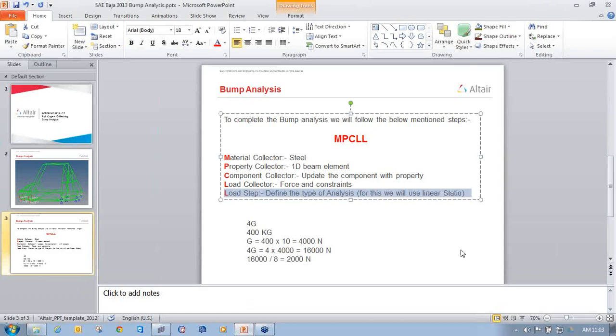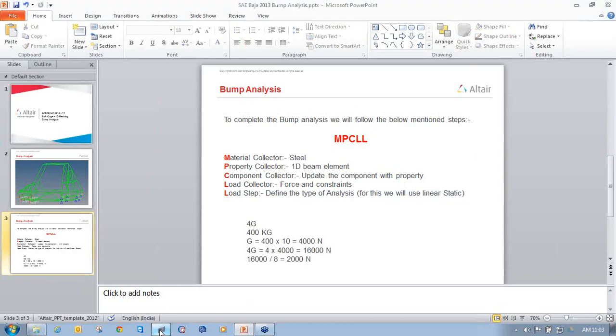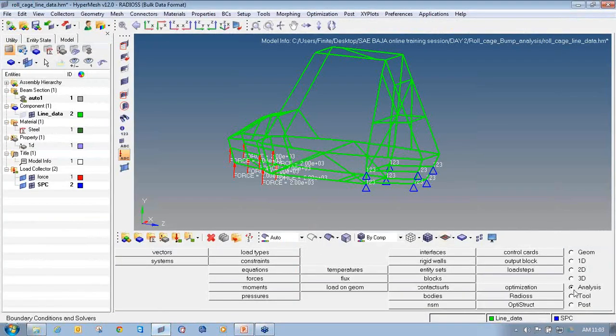For this, to define the load step in HyperMesh for RADIOSS run, you can go to the analysis page again and click on load step. Load step is used to define the type of analysis which you are going to perform.